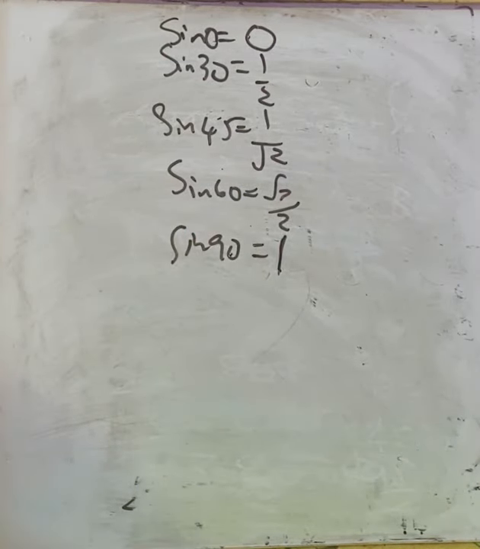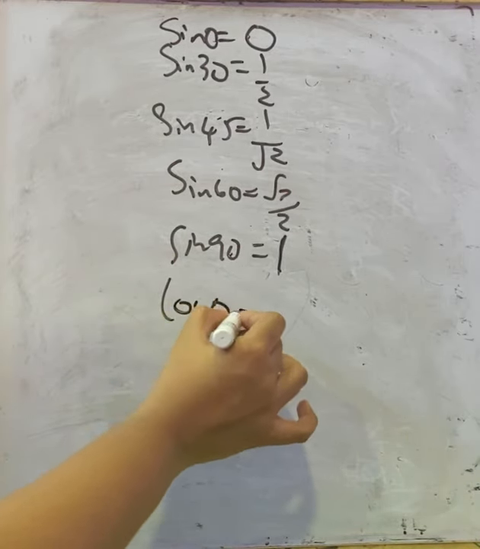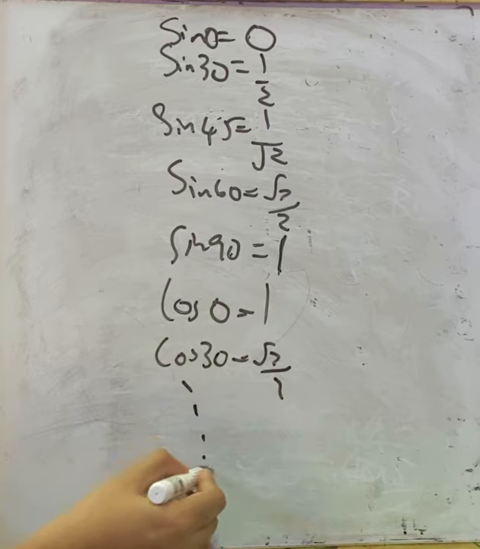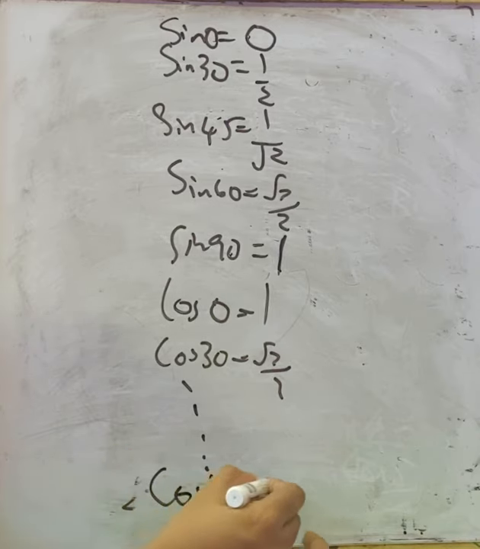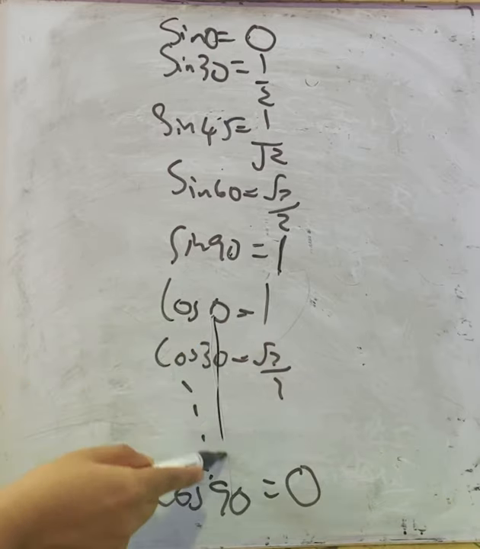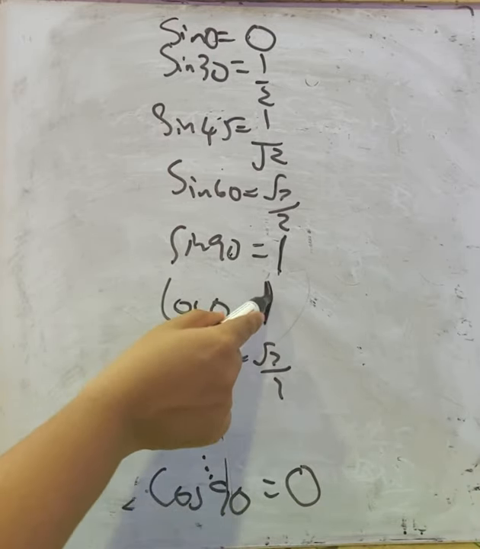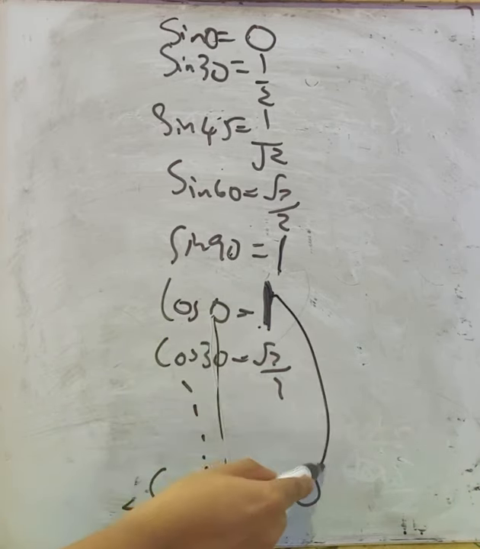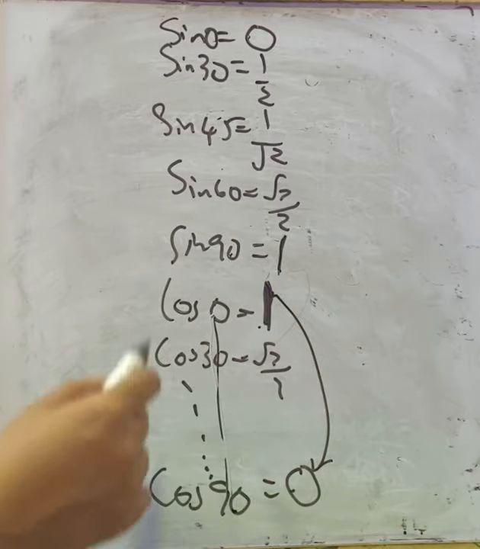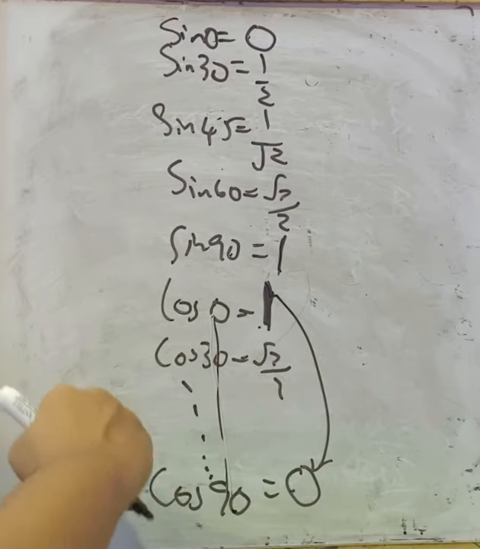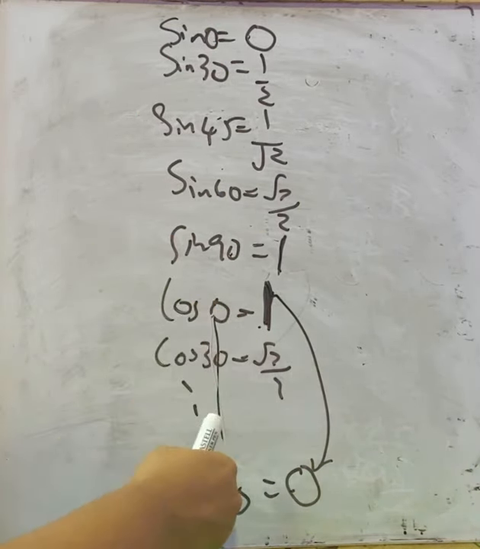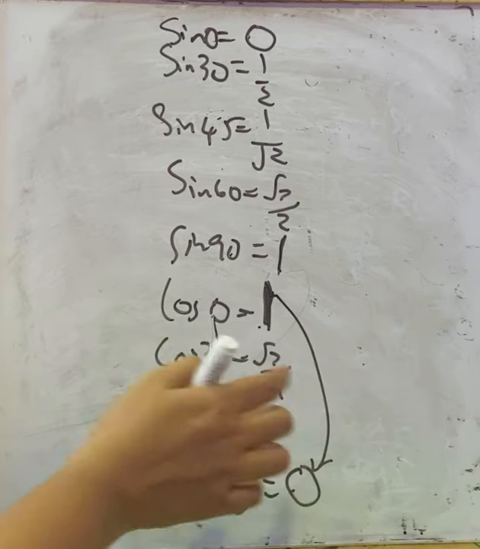Next one, the value of cos theta increases as theta increases. Let us check. Cos 0 is 1. Cos 30 is root 3 by 2. And going on we will get cos 90 is 0. That is, while theta increases, the value decreases. Because first we have 1, cos 0 was 1. But when we reached cos 90, the value decreased to 0. So the statement is false. The statement given was, if theta increases, the value also increases in cos. But actually, while theta increases in cos, the value decreases.